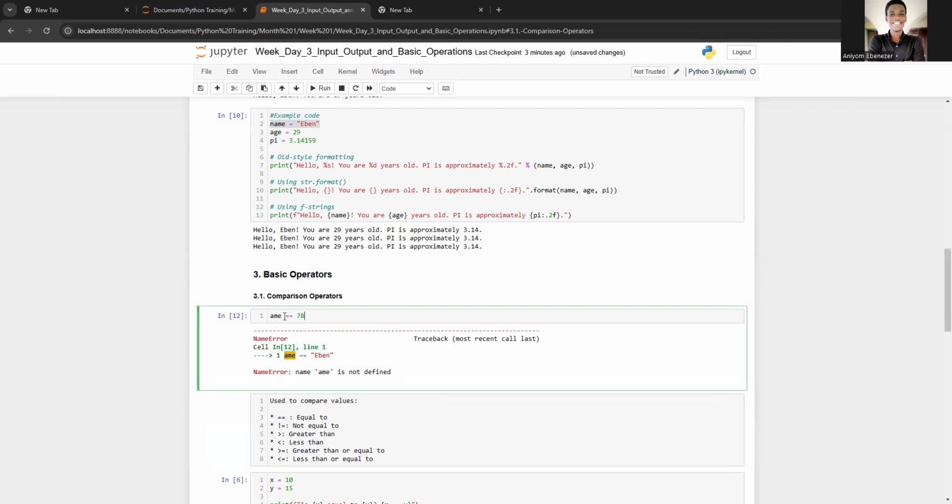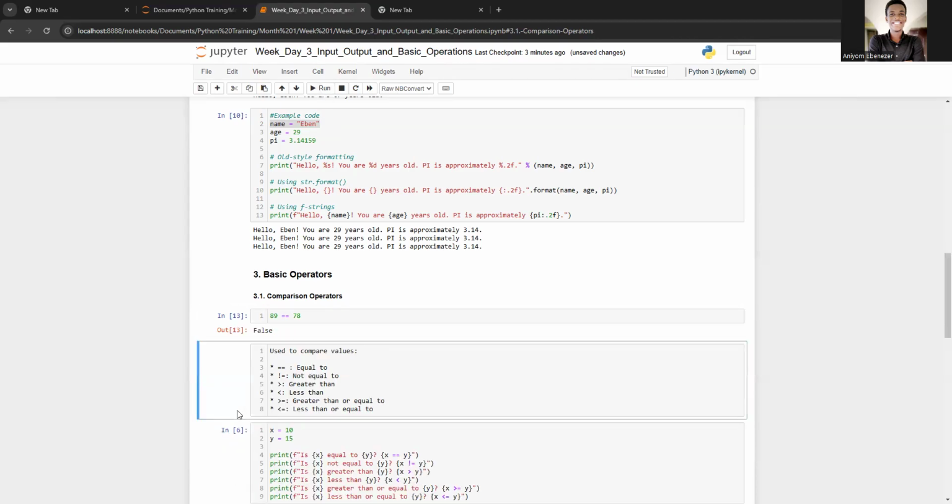So let's say 78 is equal to 89? Or 89 equal to 78. What you should be expecting is what? False, because this one isn't the same as this one, right? But for variable names, once I declare a variable that has the same value as another variable, so let's say for instance